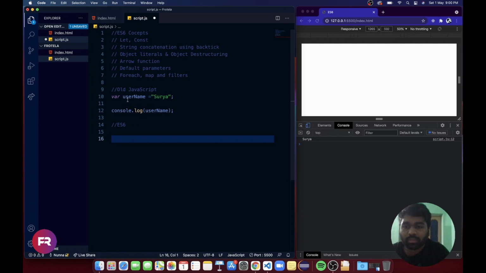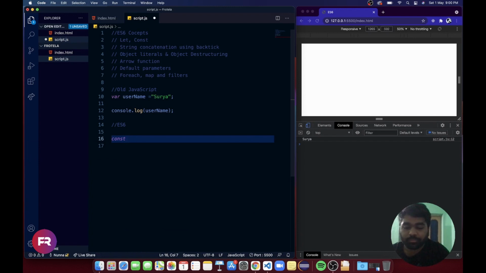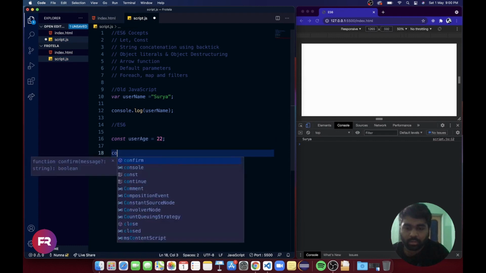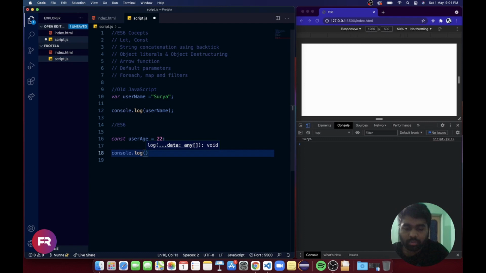If we do this example in ES6, we will declare that using const user age equals to 22. Now user age, if I say this, you can see here 22.